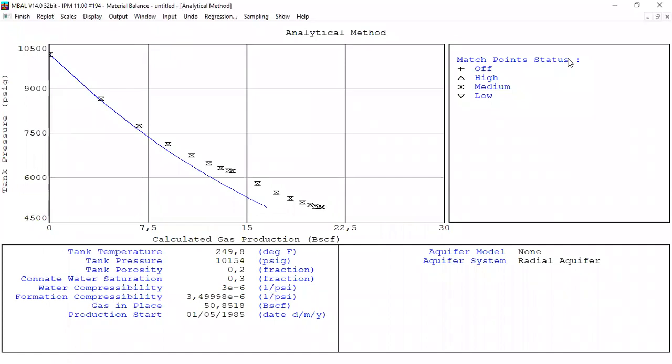Right, you can see that the data doesn't quite match with the simulation. This is the analytical simulation. These dots, these points are the data, all right? And the blue line is from the analytical simulation, and they don't match, okay?